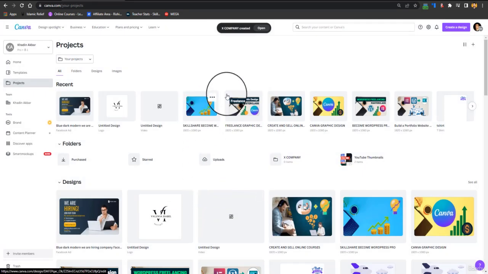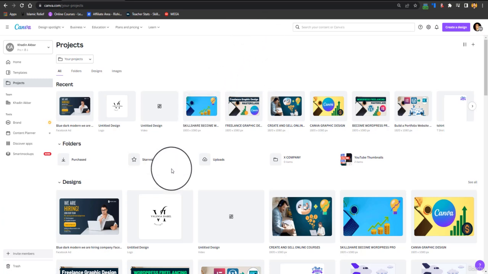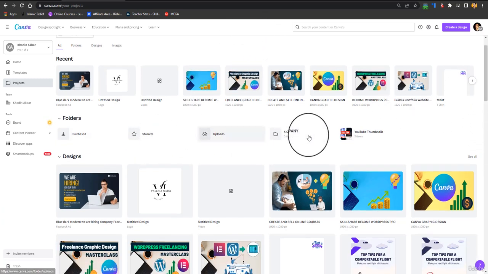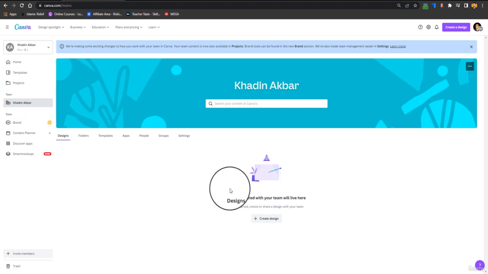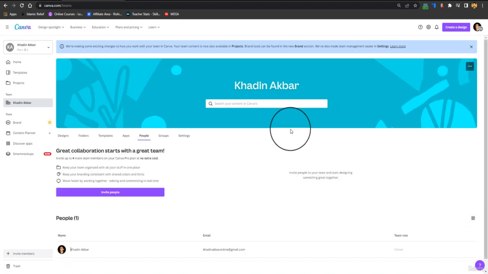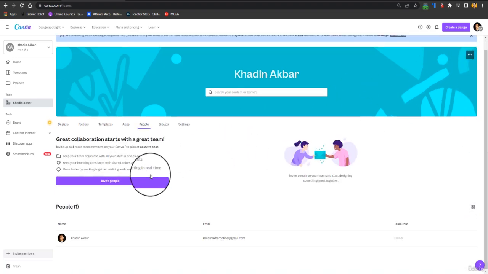Now this folder is shared with you and your client. So both of you can access this folder and all the designs in this folder. And you can also add more team members, and those would be added just for free. What you just have to do is go there, and from here you can also add new members, and they can access Canva Pro just for free. You can invite up to 4 team members with no extra cost, and they can also use Canva Pro for free. And that was an important thing.